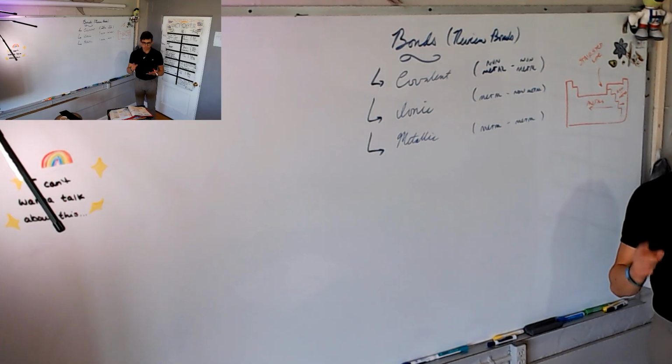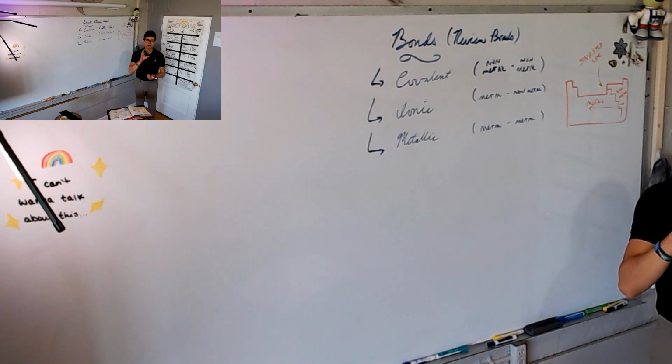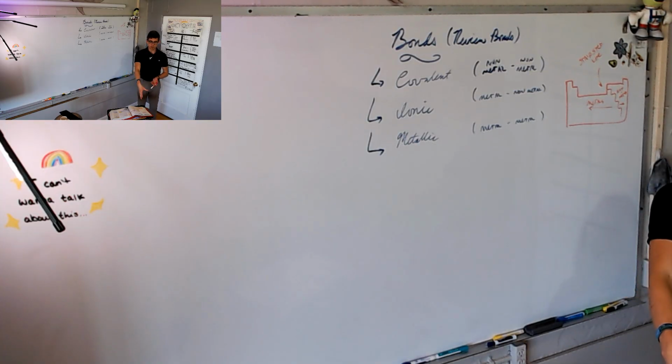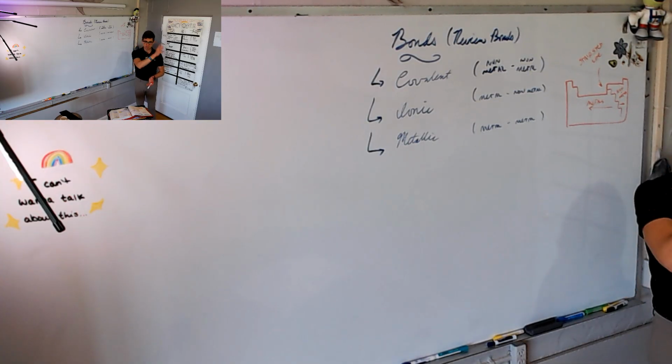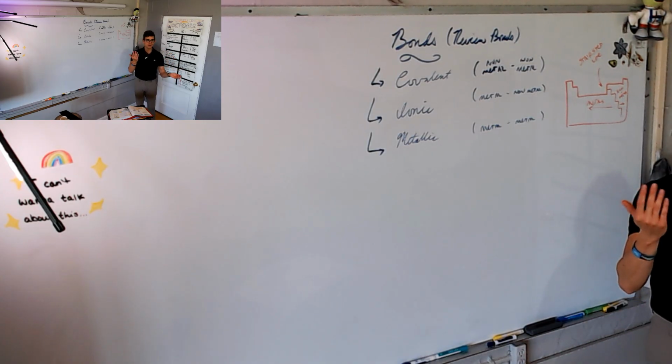This is as good a time as any, because I have chosen to do this as a review. One, you should know these already. That's the point of a review. And two, we're going to go through what is in your books, chapters 6, 7, and 8. Chapter 6 is about the periodic table.